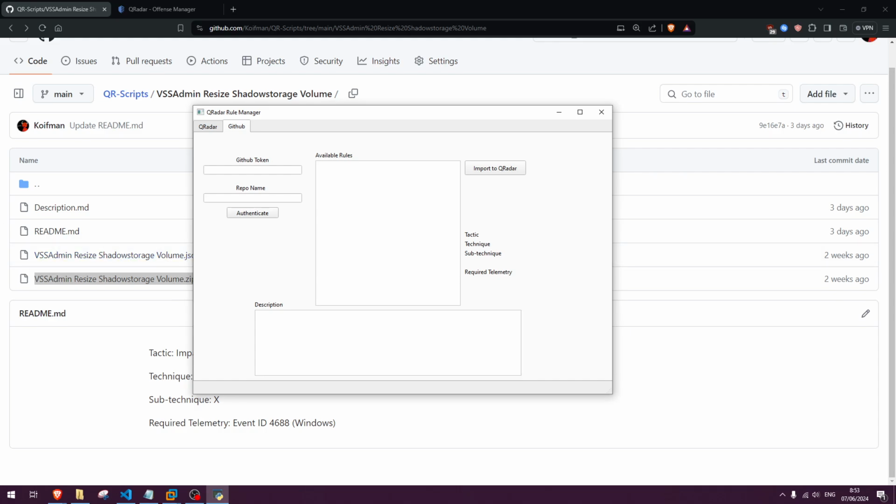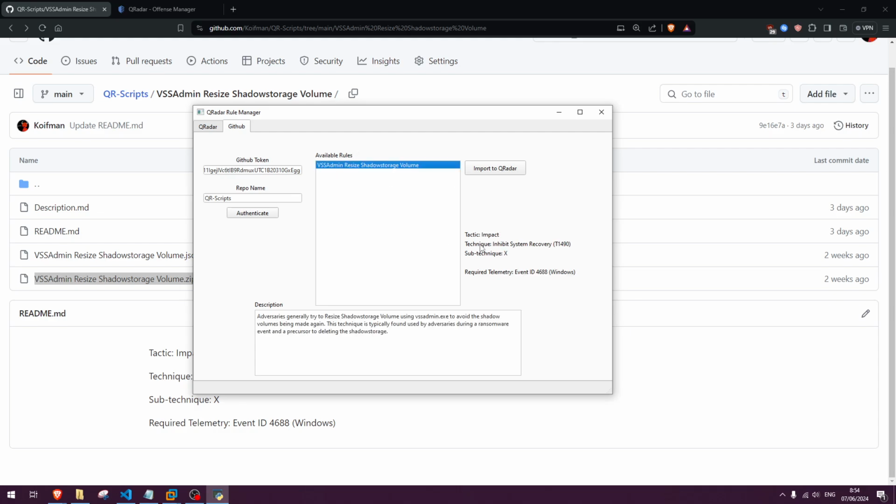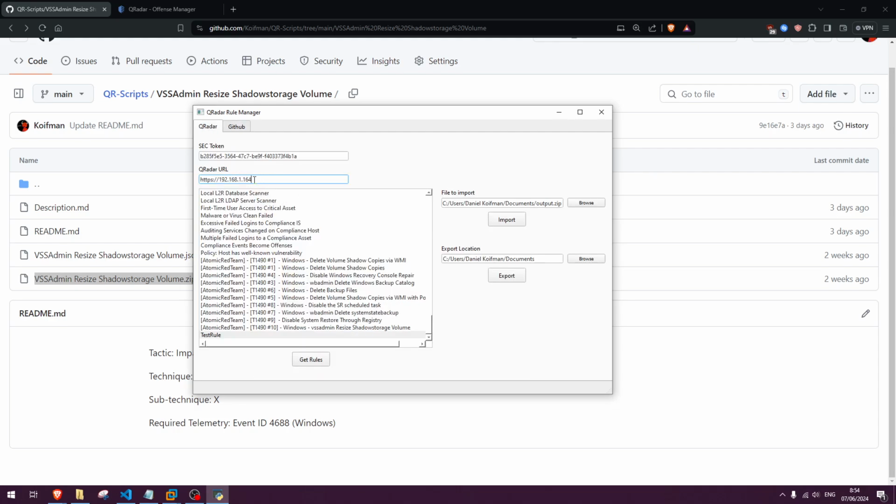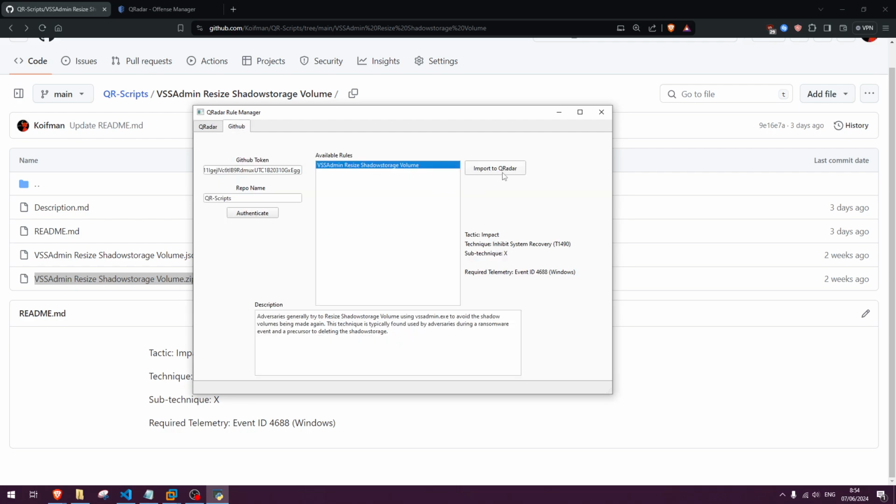So I'm gonna use my token here and the name of the repo. And now it shows me the only single folder I have there. If I click on it, it automatically fills the MITRE information and the required telemetry, and there's a description here. Now, what I can do from here is import it directly to QRadar from GitHub. So it will use this URL as the import destination. So if I click it,